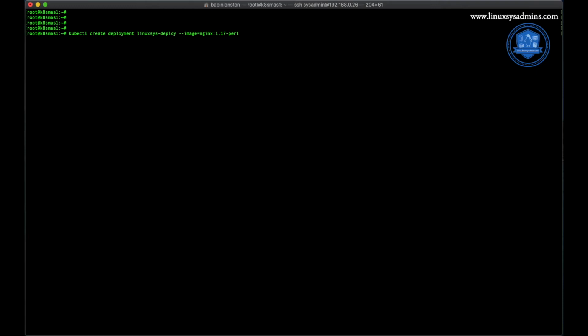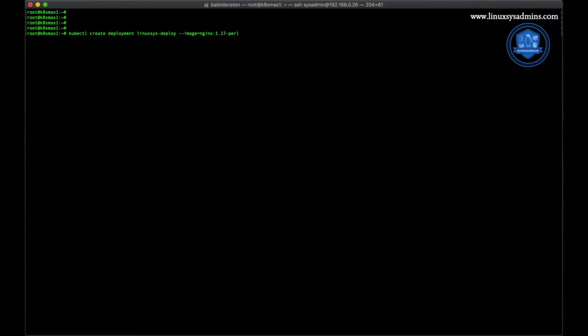Once I hit enter, this deployment will be created. That linuxsys-deploy deployment will be created with this image. So the containers that will run in the pod of this deployment will use the image